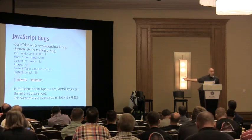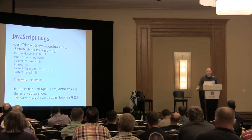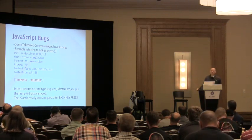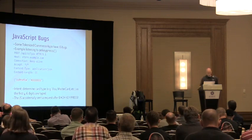Now, what do we know about the Luhn check? If I've got the first 15 digits, I can compute the 16th one. It takes something like 0.00003 microseconds to actually do that. So, yeah, that's a big bad bug. And on top of that, technically it's not being set for